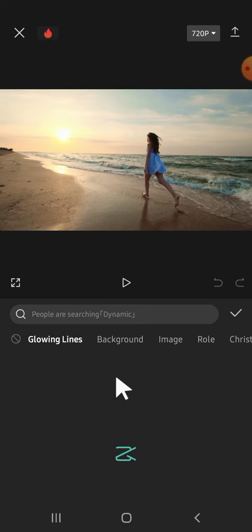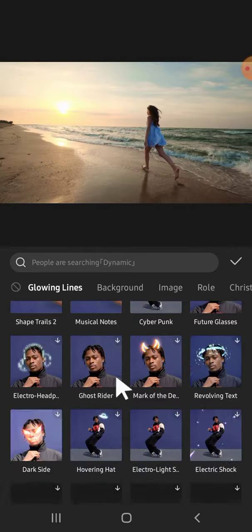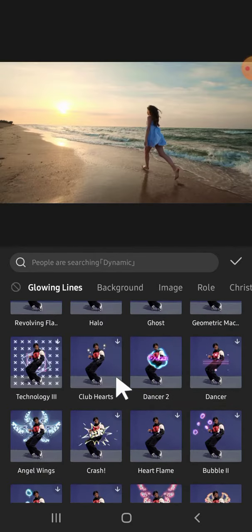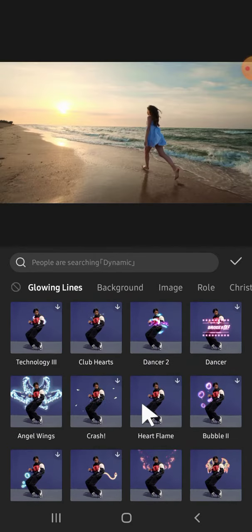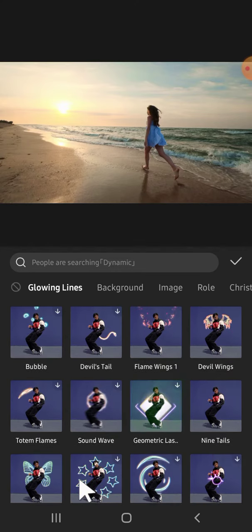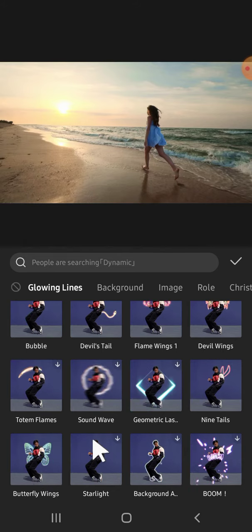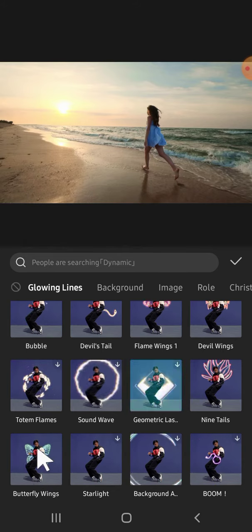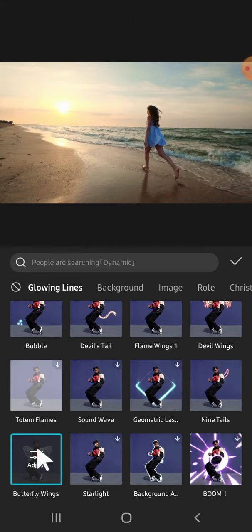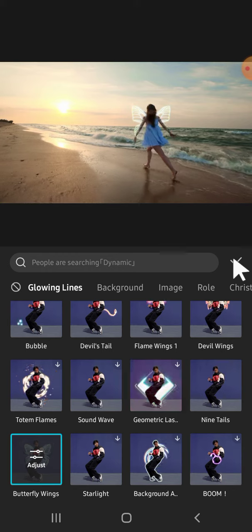Tap on it. Then you can select the type of the wings that you want to use for your video. You can select angel wings right here. You can also select flame wings, double wings, or butterfly wings. You can select butterfly wings right here, and for me I'm gonna go with butterfly wings, so I'm tapping on butterfly wings. Okay, and after that we just need to click on this check mark button,